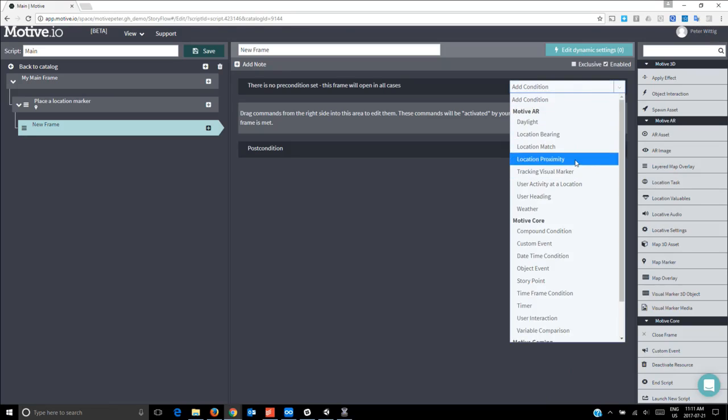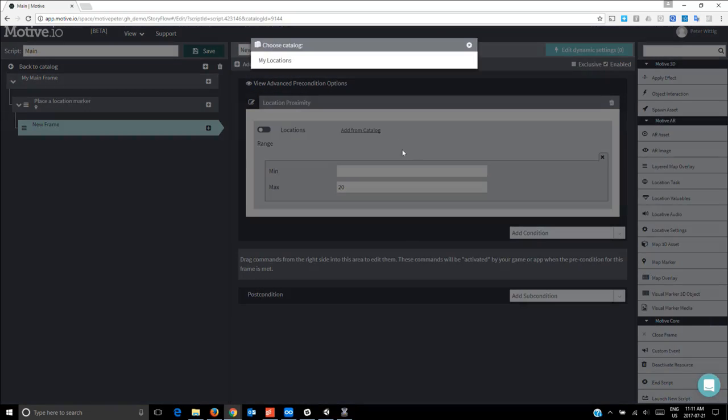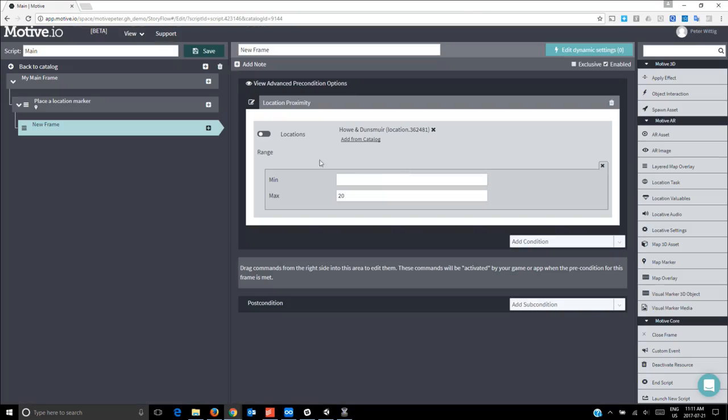So this time again, I'm just going to use a proximity condition. So I'll get within 20 meters of this same point that I used in the other example. I'll hit save. And so maybe what I want to do in this one is say, okay, well, now that I've done that,